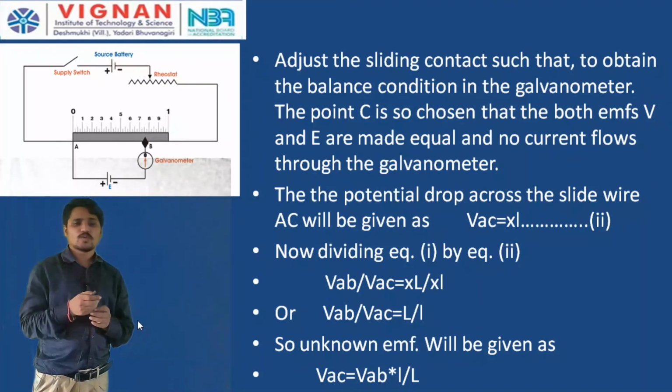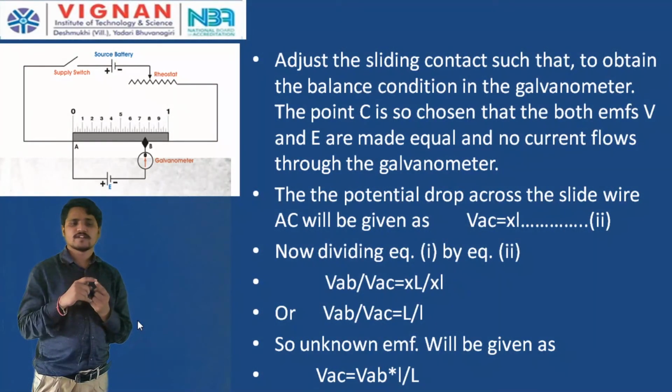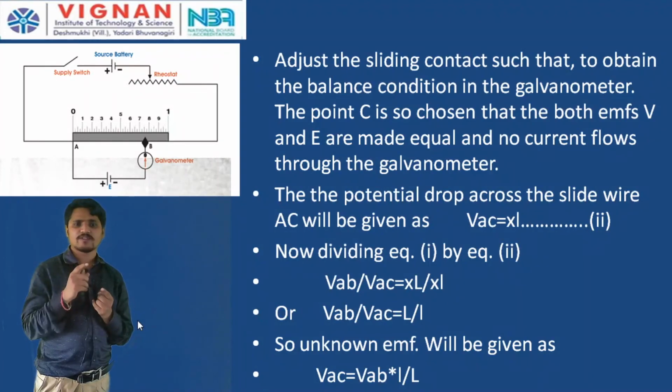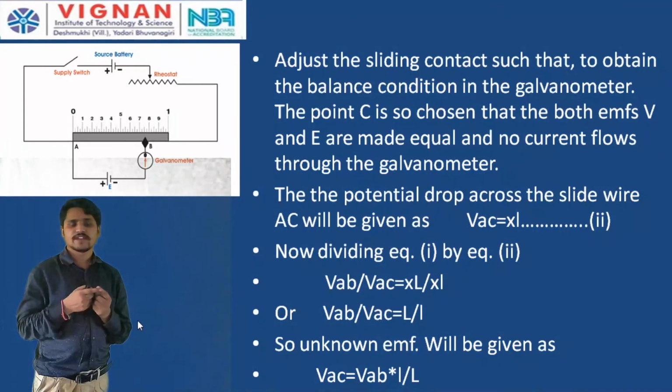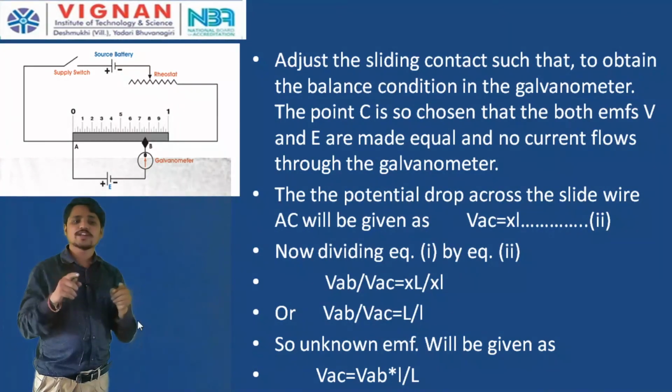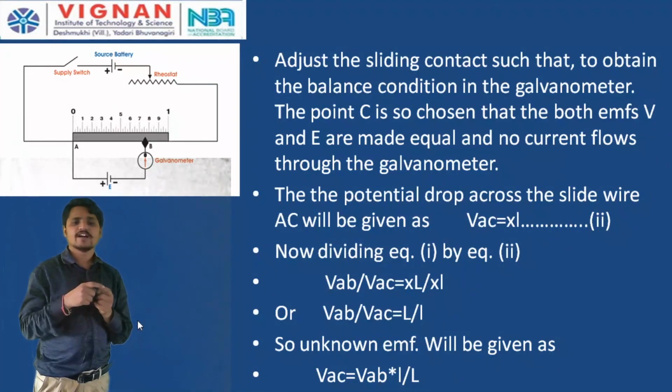The first one is that the source voltage should not change as time passes. But the source voltage, the battery voltage, decreases as time passes. This is one of the disadvantages. Next, we are ignoring the voltage drop in the connecting wires. Next, the third one is that the internal resistance of the battery is also ignored.